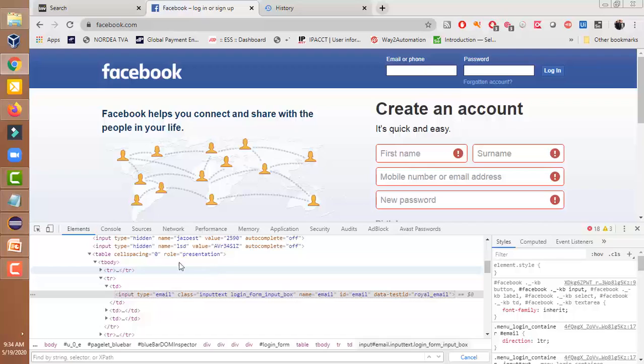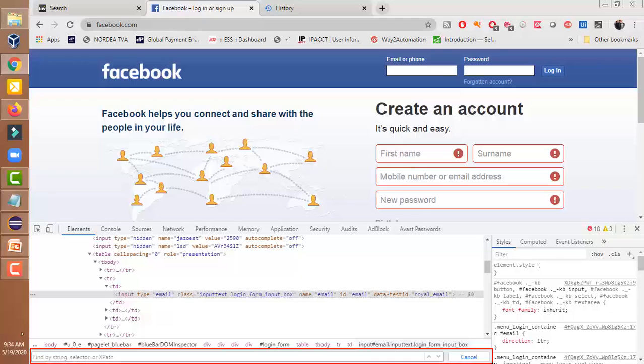When you press the Ctrl plus F key, then on the bottom it will show. Look at the bottom of the screen. Let me show you. This is what I have selected. When you press Ctrl F, this will automatically appear. And this is the link.